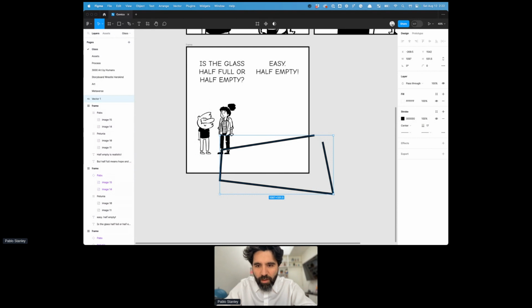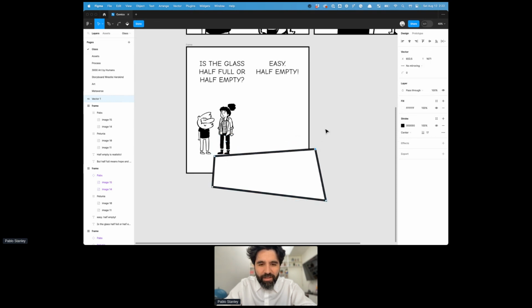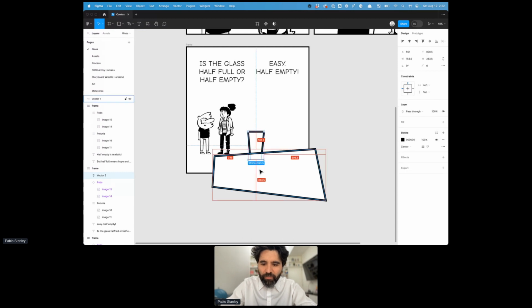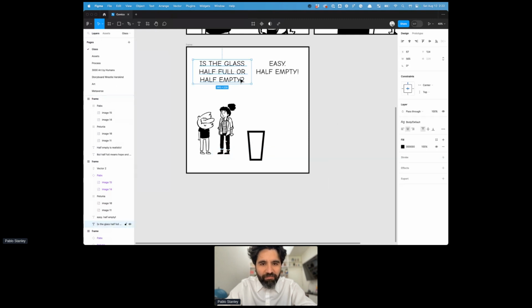So there you go. So let's put it here. Let's add a glass. Maybe the glass is a little bit like this. There you go. Again, we're just wireframing our composition, so I like doing it that way because hey, I can see how things are going to look